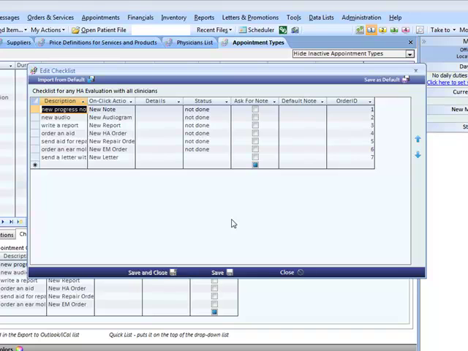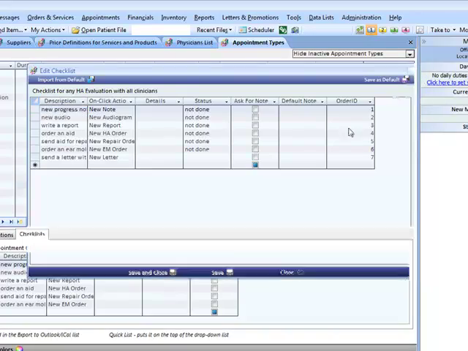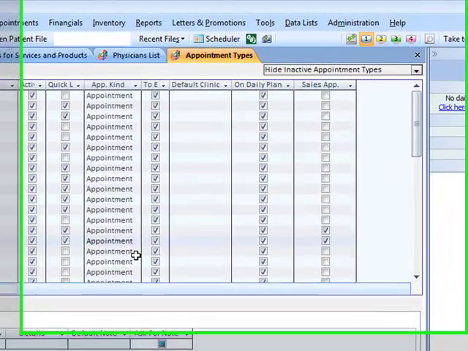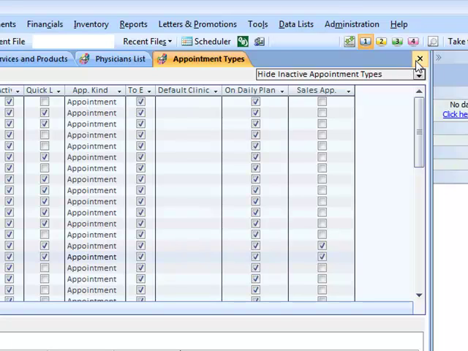And for example, for hearing aid evaluation, let's take that one, you can use checklists. So here's a checklist for default for everybody. They are going to write a new progress note, a new audio, write a report, and so forth. I can expand that and add other things, send a letter with patients, with AR material, for example, what is adaptation, why